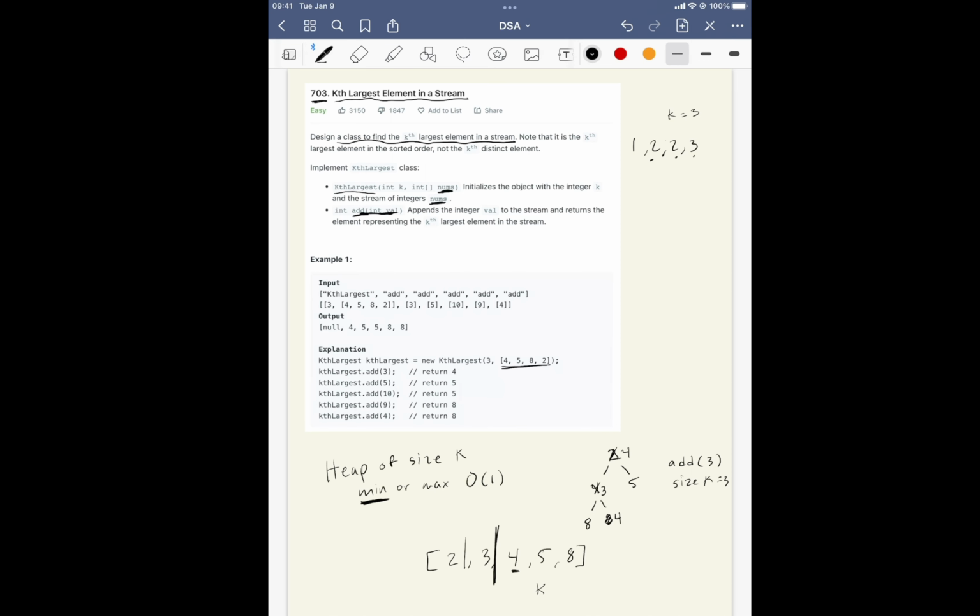So now we have 4, 3, 5, 8. So the property of the min heap has not yet been fulfilled. So we have to heapify this because this 3 is less than this 4. So we switch these 2. So now we move this 3 here and we move this 4 here. And now we're still not at our